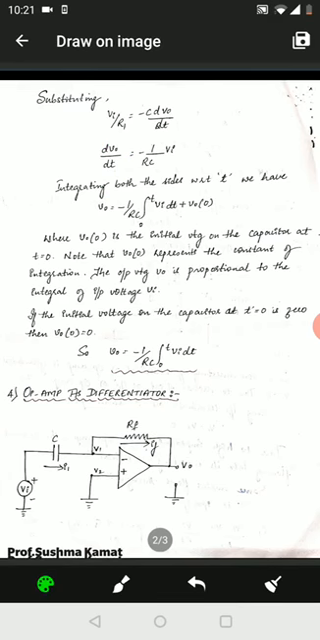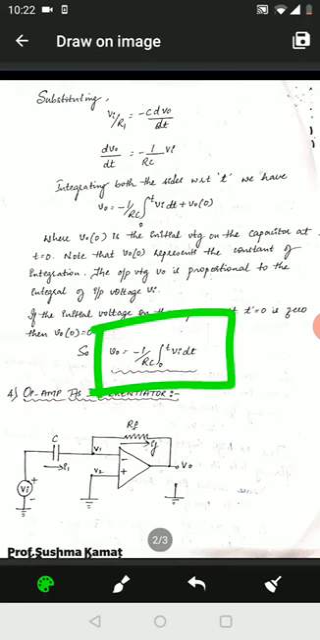We will get the value V0 is equal to minus 1 upon RC times the integration of Vi, where the integration runs from 0 to t, and this is nothing but the integration constant. So if the initial voltage on the capacitor at t equal to 0 is 0, then V0 of 0 is also 0, which means if I now write the equation for V0, V0 is equal to minus 1 upon RC times the integral,